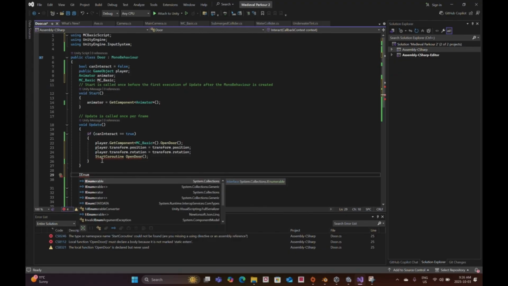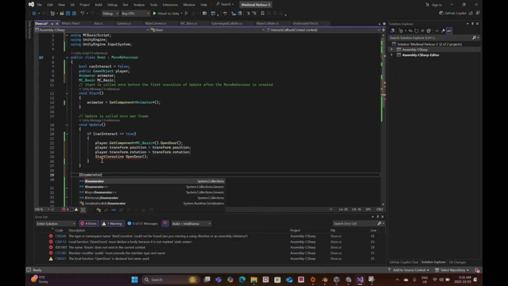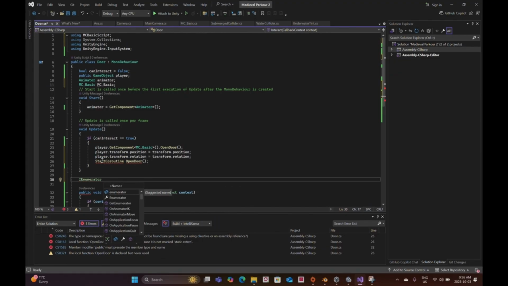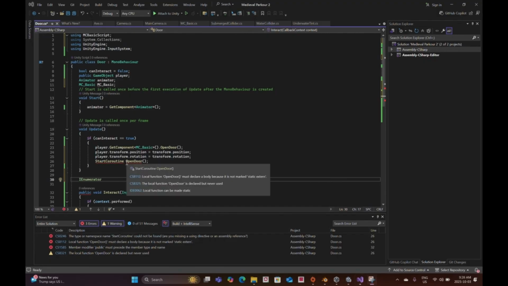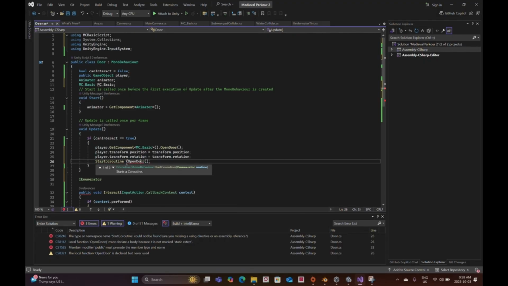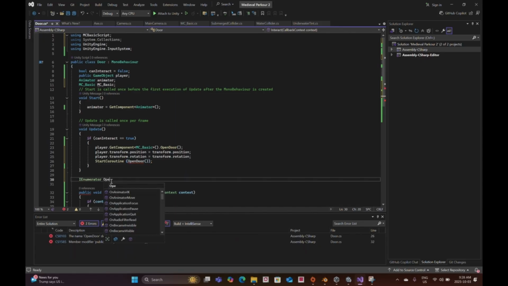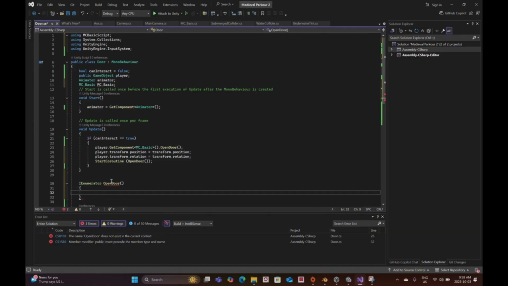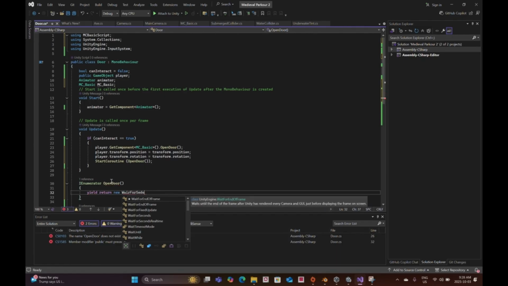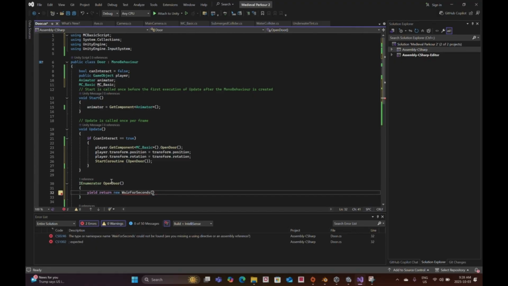Enumerator, put this into brackets. Enumerator open door. yield return new WaitForSeconds, and after half a second